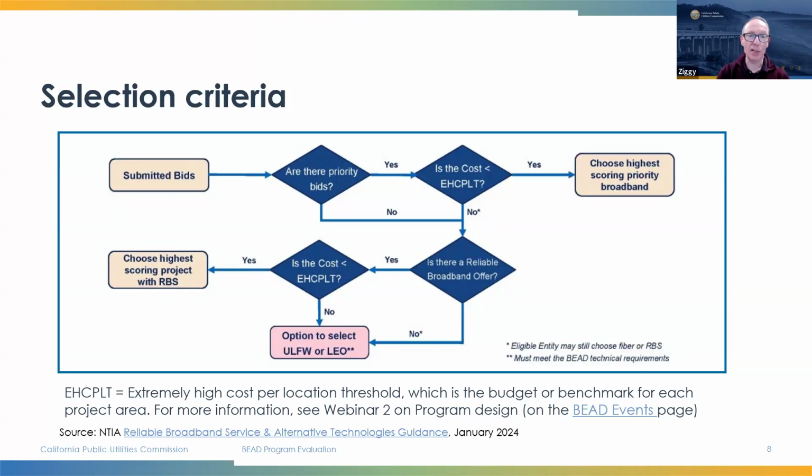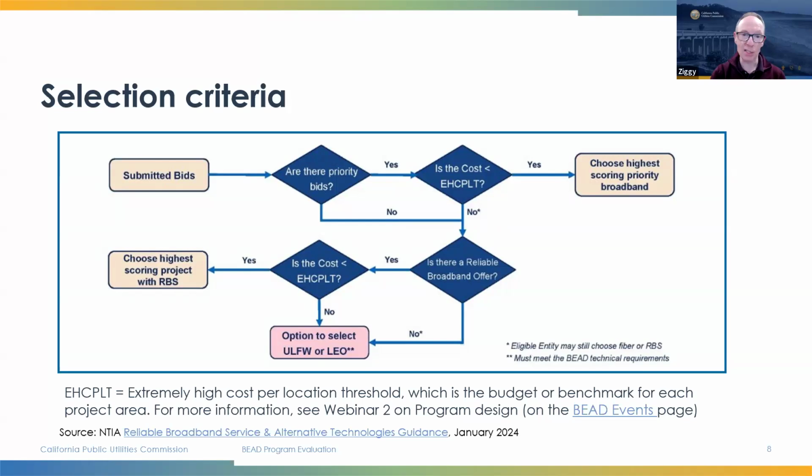And if there are no priority broadband bids, again the budget will be looked at. There might be some negotiation to see if some proposals can be brought into that or become priority projects, if those can be made available.